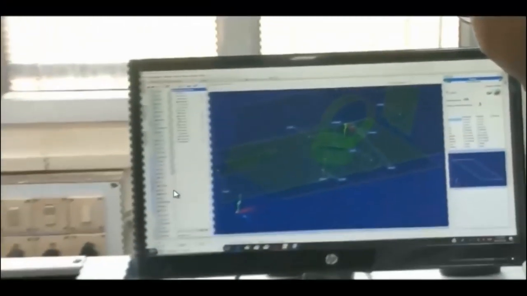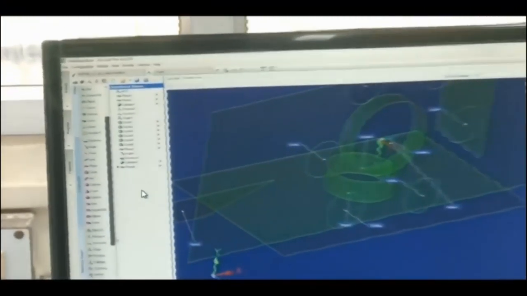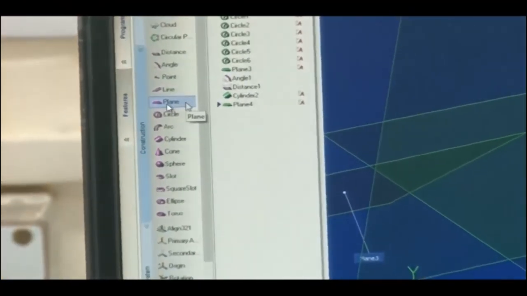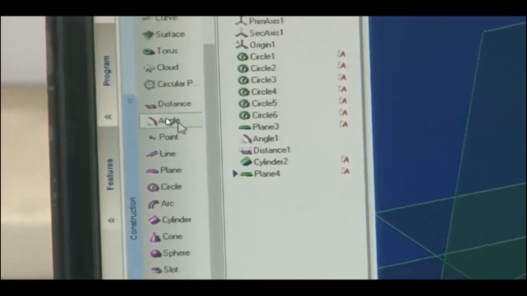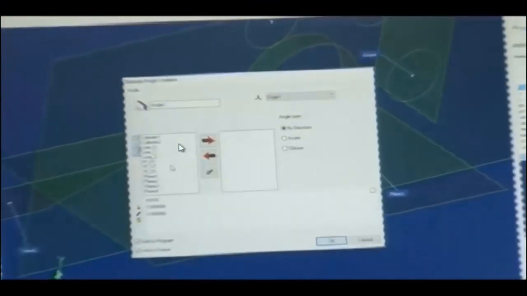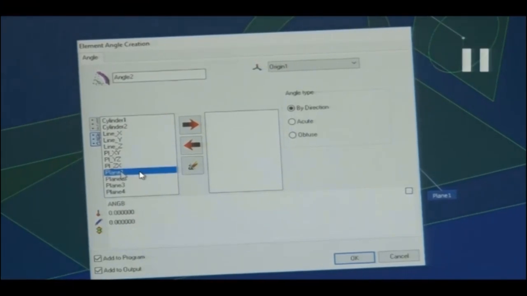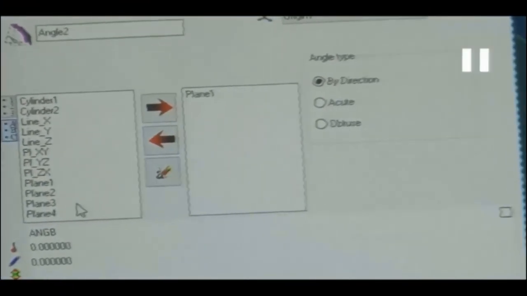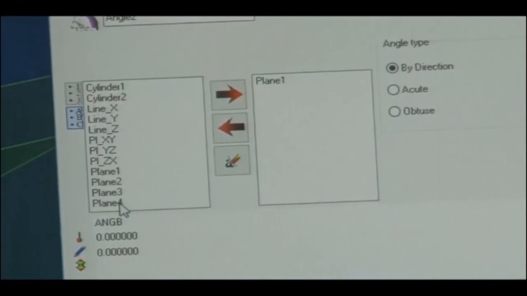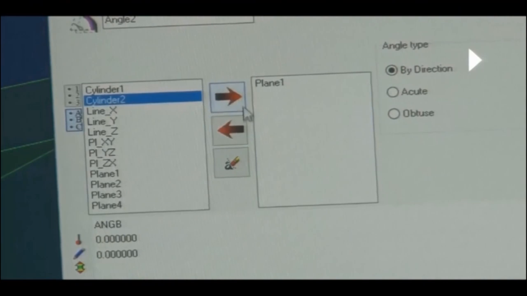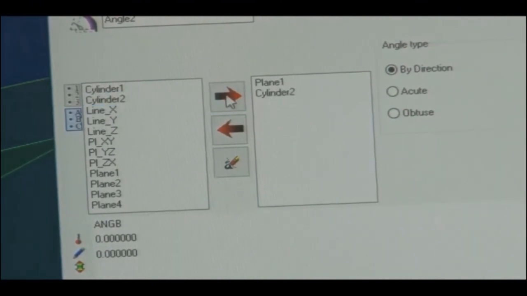Then we will select the angle. Angle between plane 1, enter, and cylinder 2, enter. Okay. Now we click OK and yes.